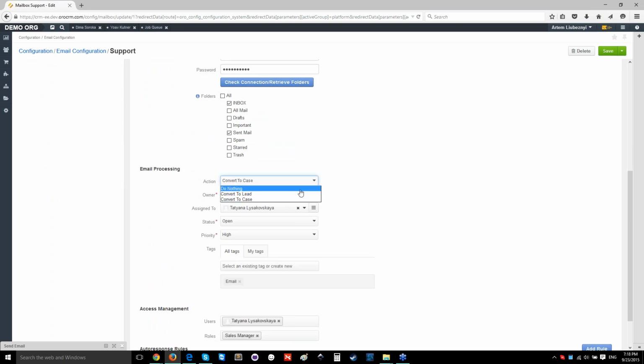We have three options here. First is do nothing. This means that all messages that come to this CRM mailbox won't be processed in any way, so you can just assign an employee or maybe a team of employees to process them manually, maybe to reply to them, create leads or cases if appropriate, etc. This is nice if you just want a generic contact us mailbox where your customers can write about anything,